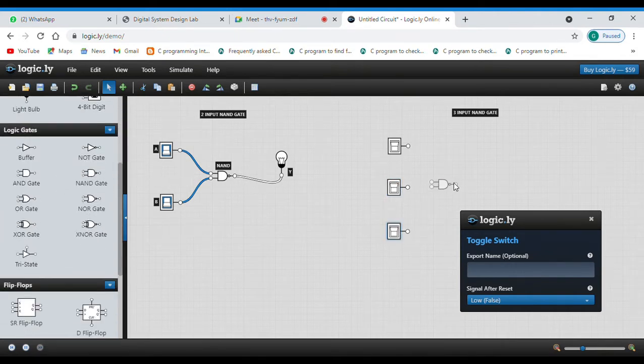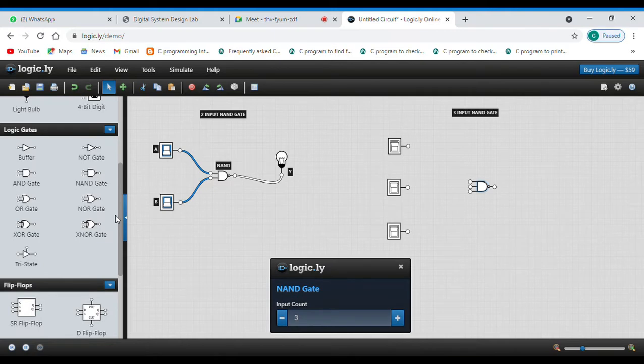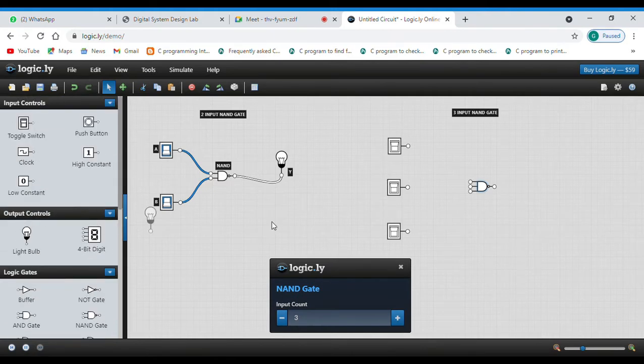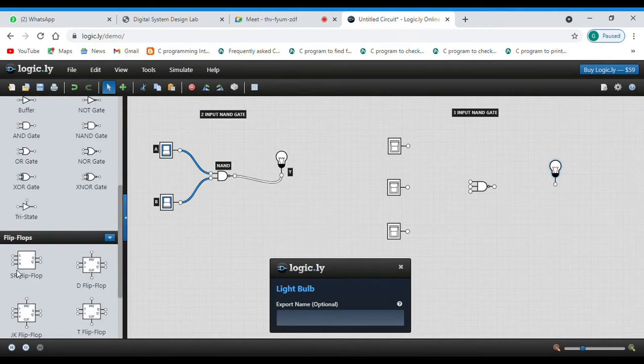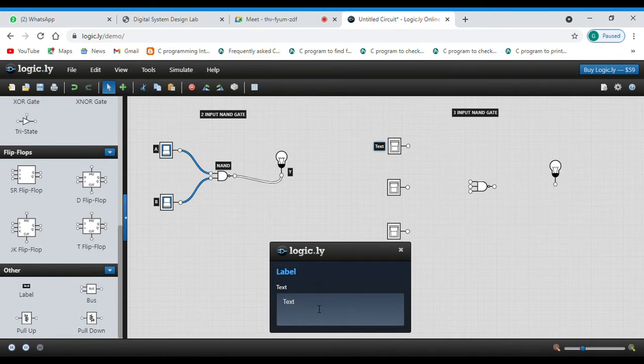Then we'll take a 2 input NAND gate and we'll increase the input count as 3. So it becomes 3 input NAND gate. Then we'll take a bulb. Now we'll label them. We'll label the toggle switches as A, B and C.